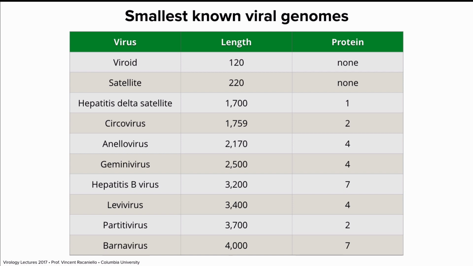And then here we have the first autonomous virus, which means it can get into a cell and replicate on its own. Circovirus, 1,700 bases of circular single-stranded DNA encoding two proteins. And then you can see they get slowly bigger and bigger, encoding more and more proteins. But I mean, 1, 2, 4 proteins, it's amazing compared to the 2,500 of the biggest viruses that we know of. And so these represent the minimum numbers of proteins that a virus would need to propagate. And you could predict very easily that these small viruses depend a lot on the host cell. All viruses, of course, depend on the host cell, but some more than others, as we'll see.